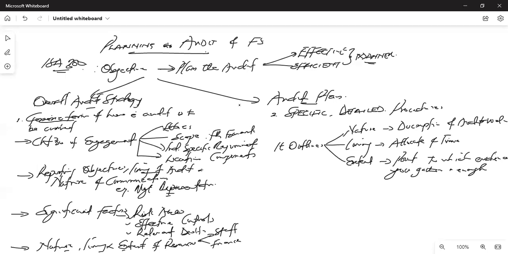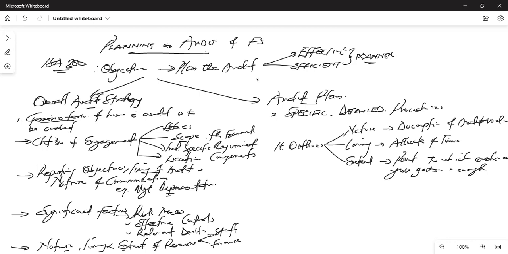All right. So both the audit strategy and the audit plan are what you need in terms of planning your audit. The strategy is generic, so general, but the audit plan will actually spell out the scope. It will break down the scope deep down. You are actually going to do so and so work. It is actually a breakdown of it. So it is detailed. The strategy is generic, but the plan is actually detailed.